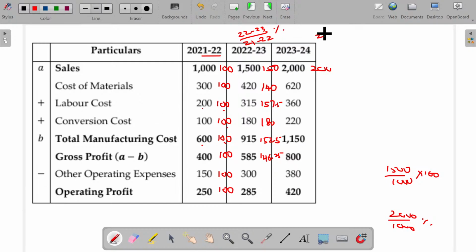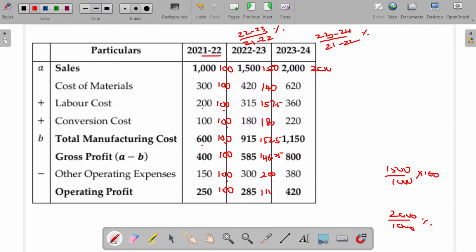And in this case, 23-24 numerator, 21-22 denominator, the base year always being 21-22. And here 150 is 100 means 300 should be 200, and 250 is 100 means 285 should be 285 divided by 250 into 100,